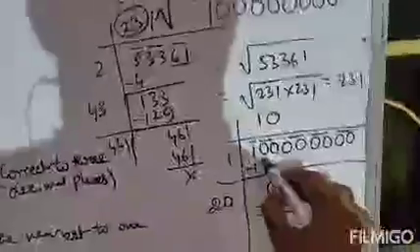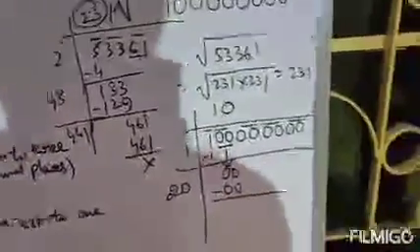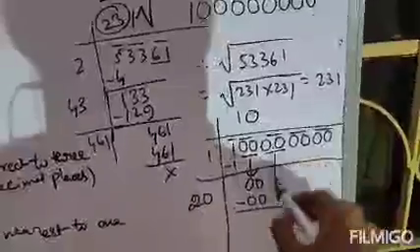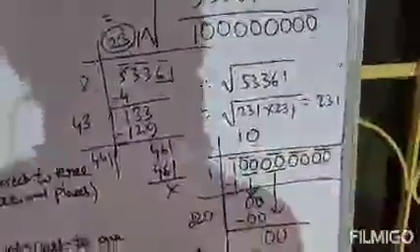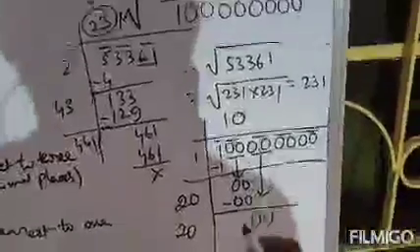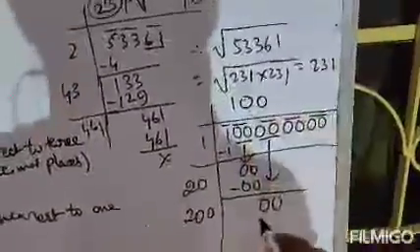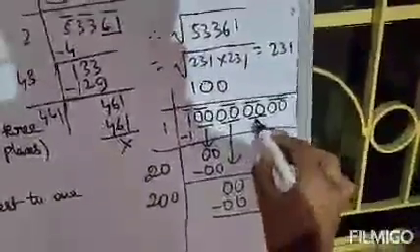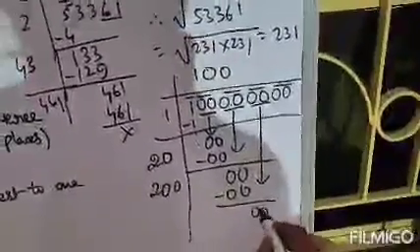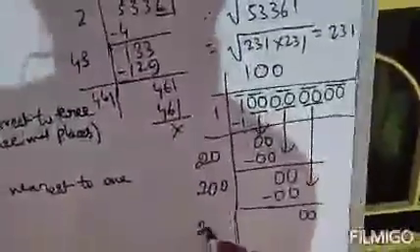Clear? Next, this 2 0 already came down. Now this 2 0 will come down again. Again same process, this 10 will be multiplied by 2, that means it will be 20. How can we have this 0 over here? Just multiply it with 0, that means it will be 0. Clear? Next, this 2 0 will again come down, multiply 100 by 2, that is 200.